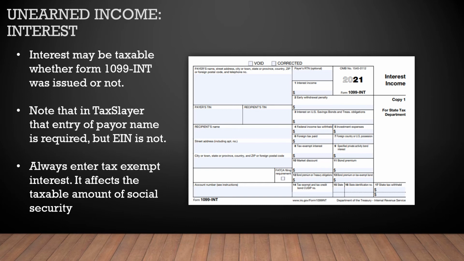And then you'll notice, and I know it's a little bit small and I didn't put a box around it, but box 8 is for tax exempt interest.